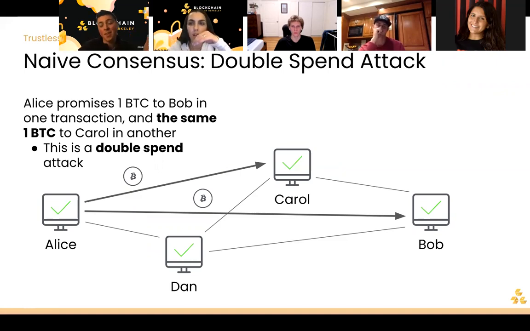But with Bitcoin, with naive consensus, if we want to spend a currency once and then reuse that currency, just because we can essentially copy and paste it, it's really challenging through naive consensus to detect when a certain currency has been spent multiple times. And this artificially inflates the value of Bitcoin if you can spend it 100 times or 1,000 times. Because instead of just having $38,000, whatever one Bitcoin is worth now, you can have much, much more than that.